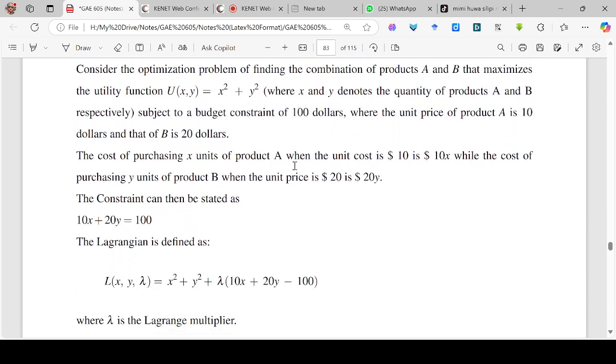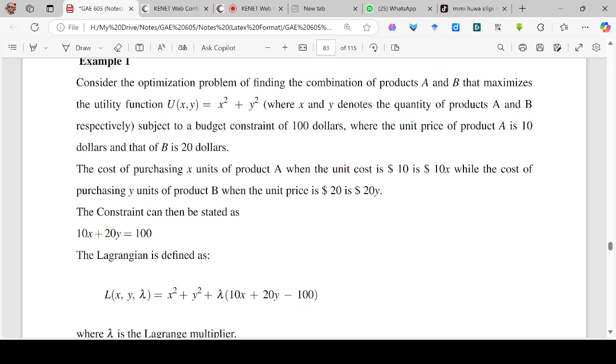Since each unit of A costs $10, and you need to purchase x units, and each unit of B costs $20, and you need to purchase y units of them,